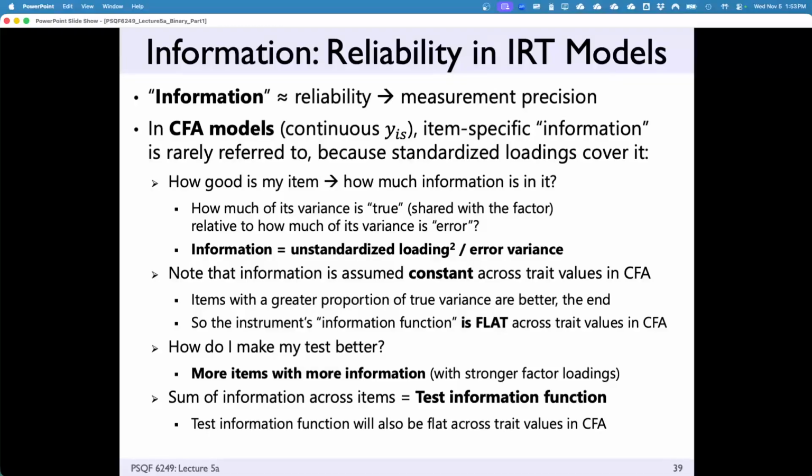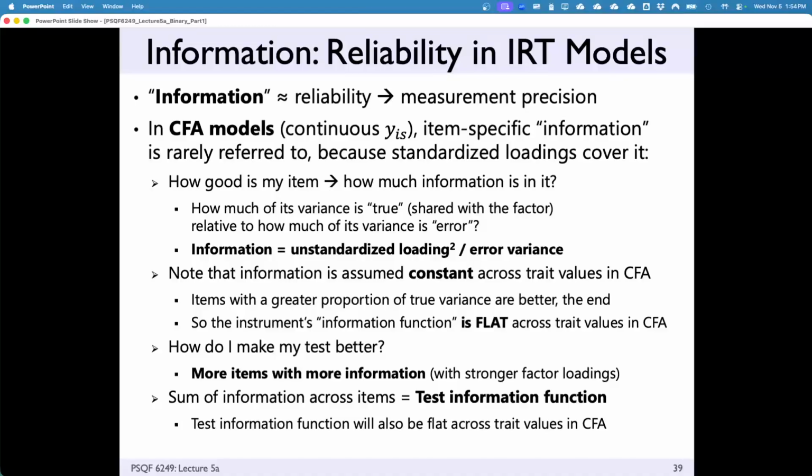So where you'll see people report reliability in IRT, it's not a really good idea because reliability varies as a function of the latent variable. Meaning, if your theta is right at the average, your reliability will be one number. But if you're on the tail of the test, to the ceiling or the floor, it will be another, right? What we're doing with the categorical data model is showing a little bit more relationship between where error is and the latent variable itself.